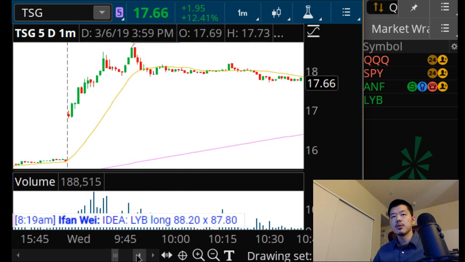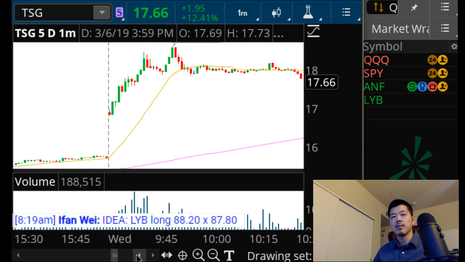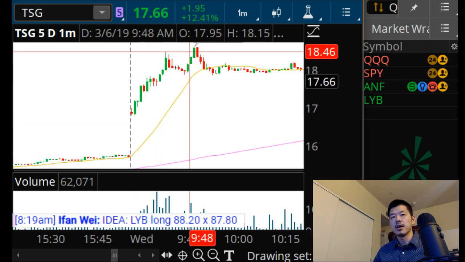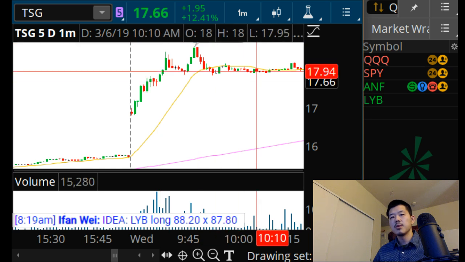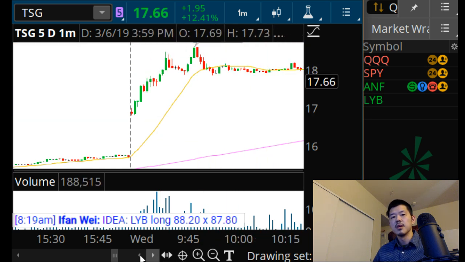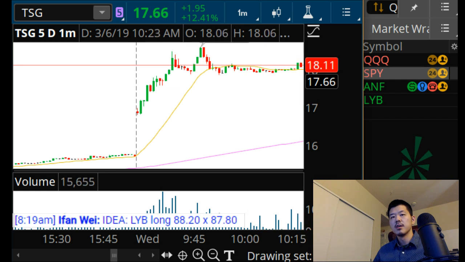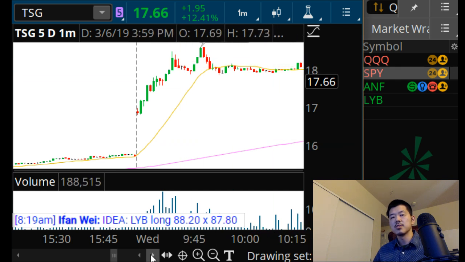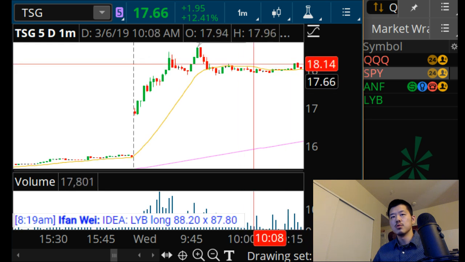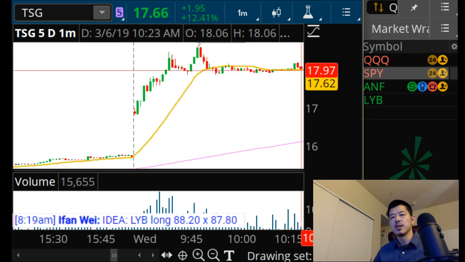So when I came across this TSG, I did like the gap. We'll take a look at the gap in a second. It showed a lot of strength at the open. It made a big move, but we got a nice base here. And so we got this setup, and it was triggering right ahead of this reversal time that I realized is one that seems to get me into some plays that don't work.